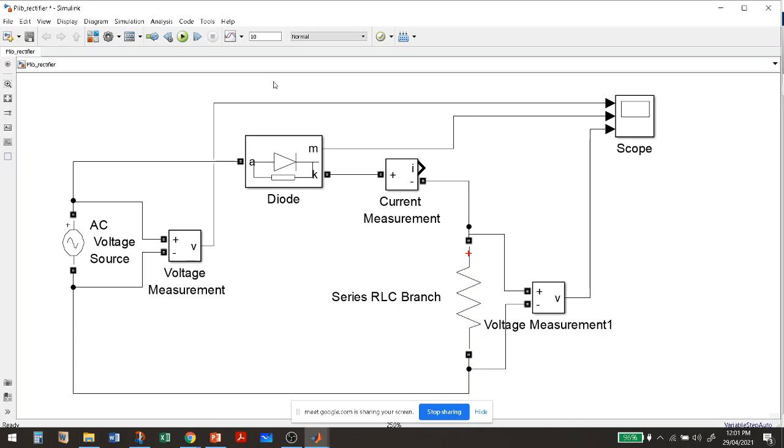Okay, now you can run this. You can set the simulation time instead of 10. Even if you run for 10, I will run it for 10 seconds. So what is my frequency now? Frequency is 50 hertz. What is the time period? 1 by 50, that is 20 milliseconds. Okay, you can run it now. I will run now for 10 seconds.